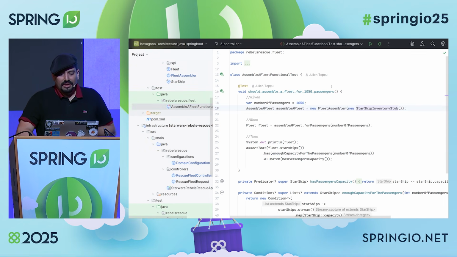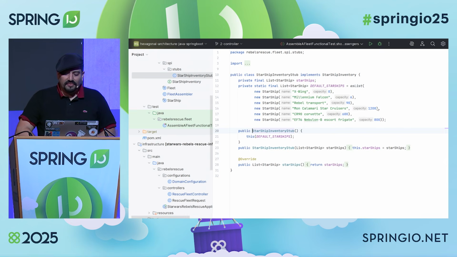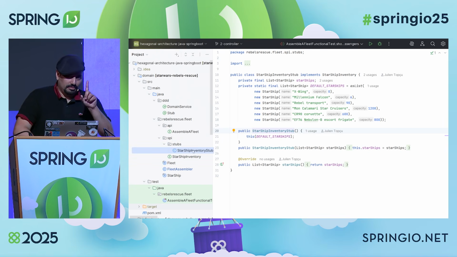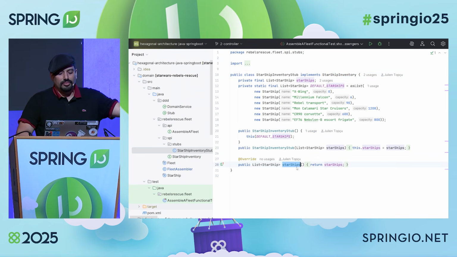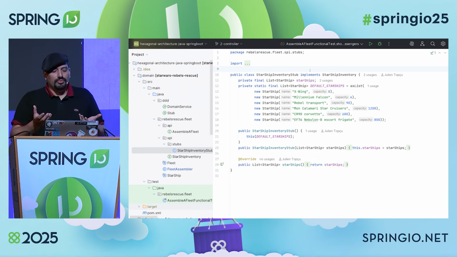So here, I used to have an inline referential that I was passing as a lambda, and now I've wrapped that in one class because it will be easier to reuse. That class, named Starship inventory stub, is inside the domain and inside the production code. I will explain later why. It implements the Starship inventory contract, and it will return all the inline referential with the starships method. And this is basically something I would like to be used in my application in production. So it's exactly the same thing.